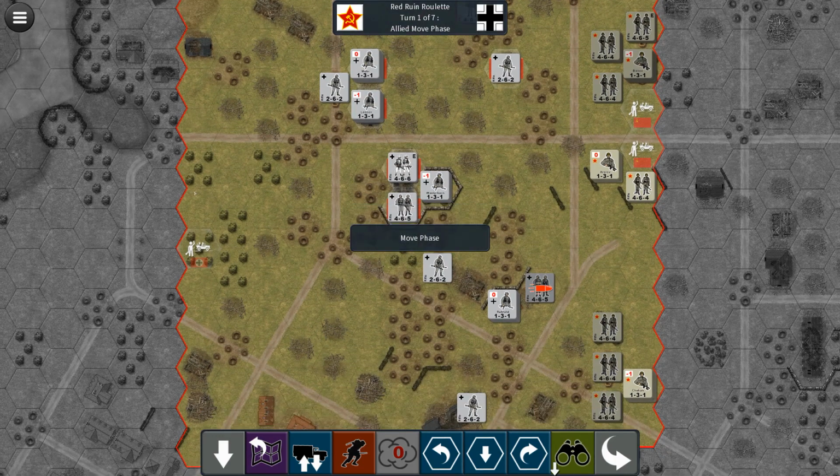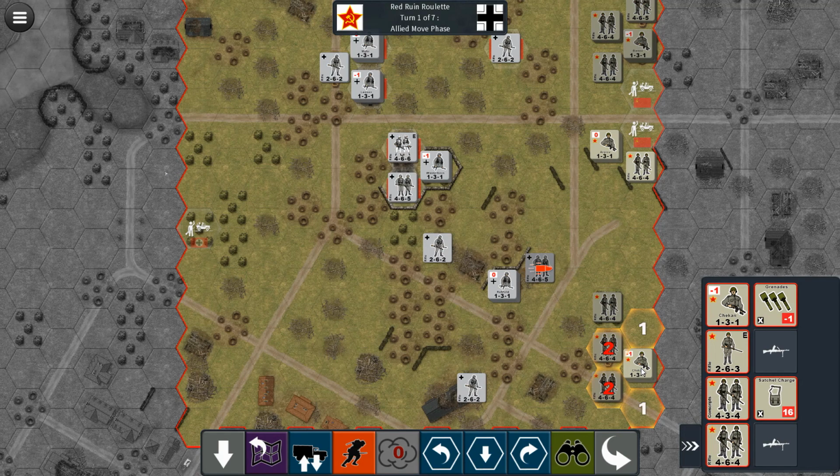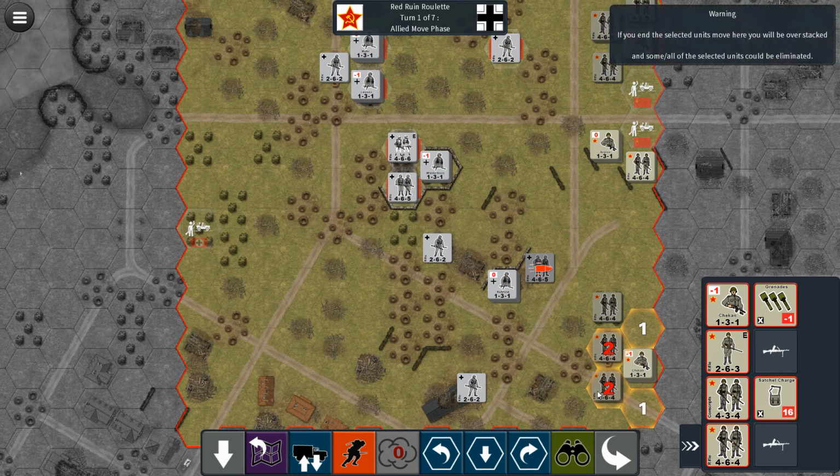So we'll start here at the bottom. We'll take check-in here. He's got a half squad of elite rifle and a conscript squad and a full rifle squad. So we are going to advance. The question is where. And because he's a leader, he's got a movement availability of 6. So we could do here,